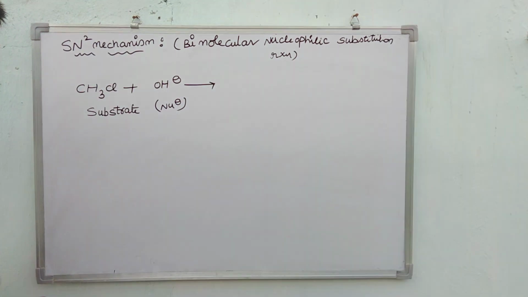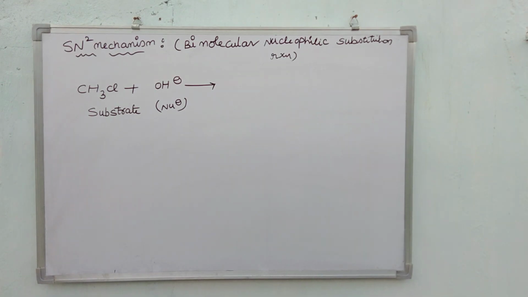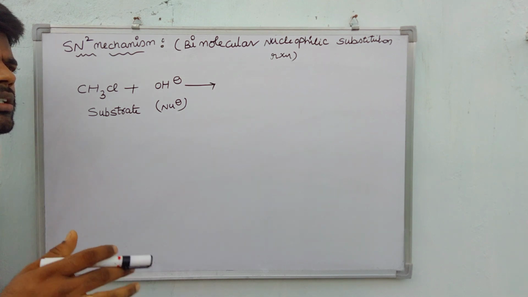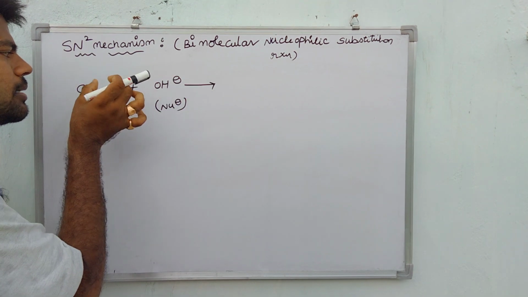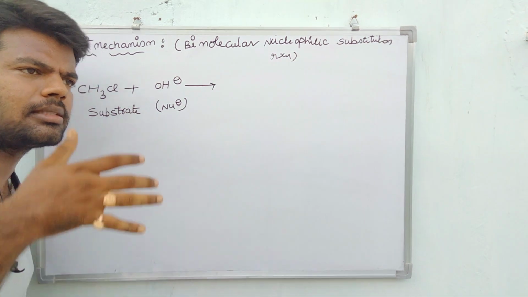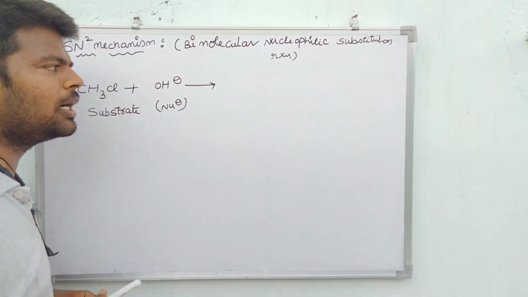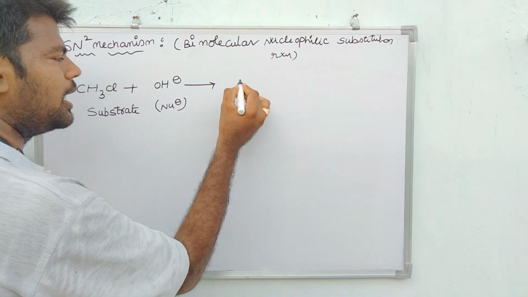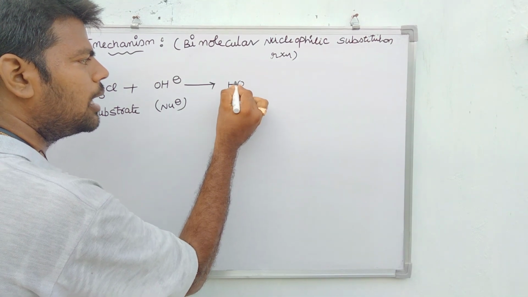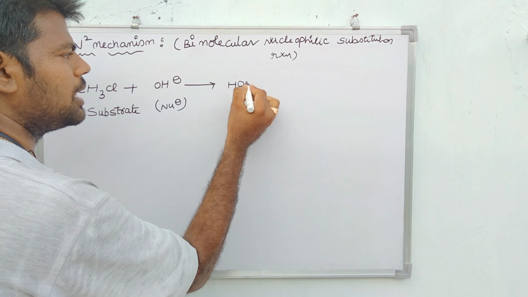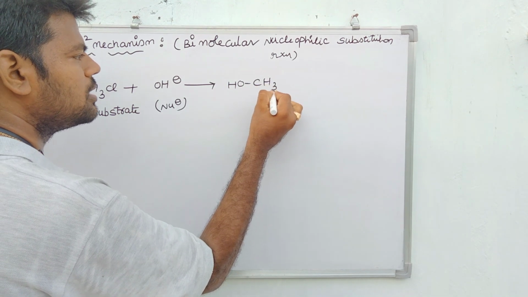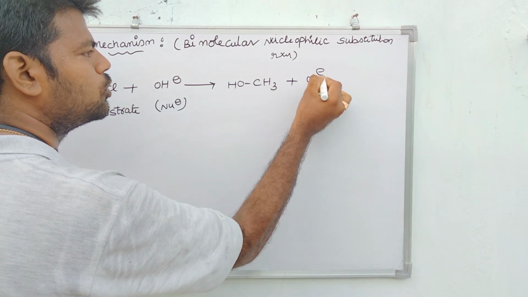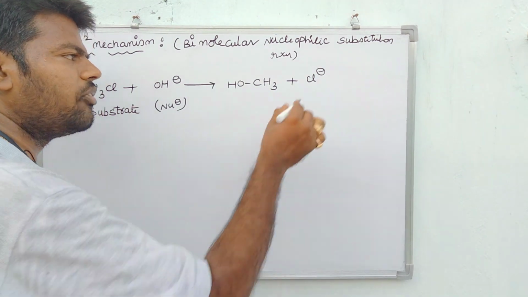Nucleophile. Friends, observe carefully here once. Initially I took the substrate, and on the substrate the nucleophile attacks. OH minus attacks the CH3Cl substrate. What will happen? Replacement takes place. Due to the replacement, what product will be obtained? In place of the chlorine atom, the OH group replaces it, giving CH3 single bond OH, plus the chlorine atom moves outside in the form of